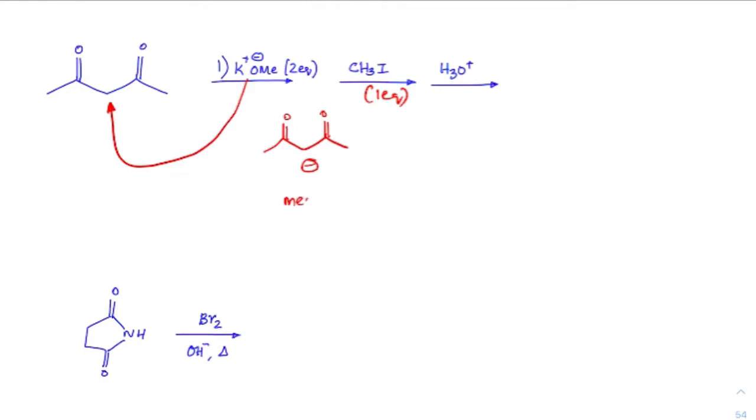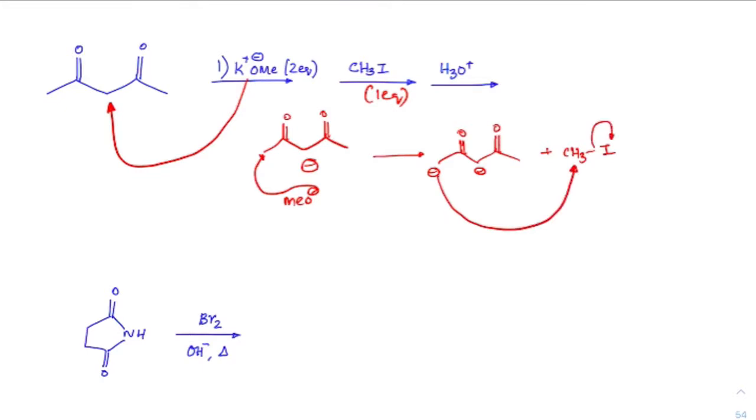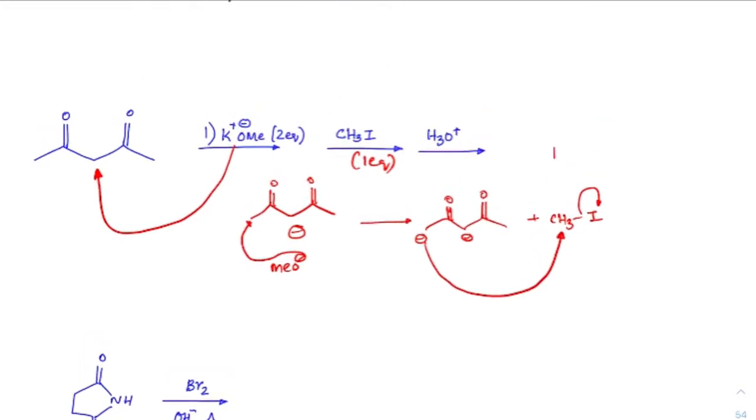So MeO minus again extracts the proton from here. So we will get double bond O minus, double bond here. Then we are reacting with CH3I. Now in this case, check it out, between this carbanion and this carbanion, this one is more localized. So this is more nucleophilic. So this will attack, I minus will leave. So it will lead to the product like this, double bond O, double bond O. And whatever the carbanion which is present, on hydrolysis it will get H here. So this will be the final product.